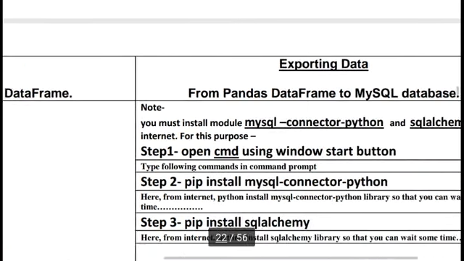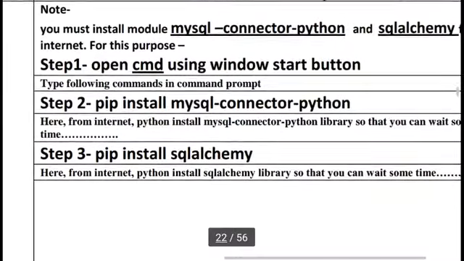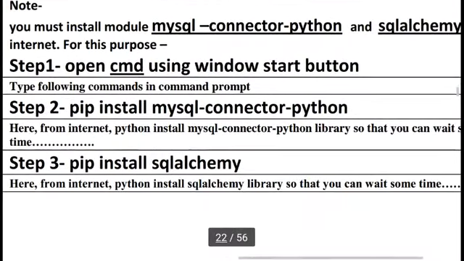But before using the importing function, we must do the following.